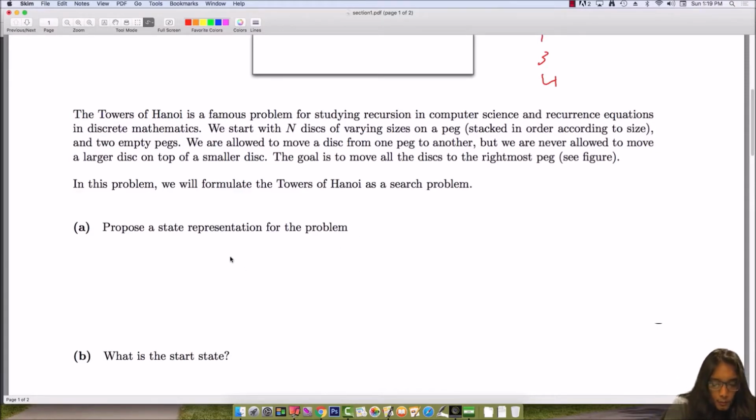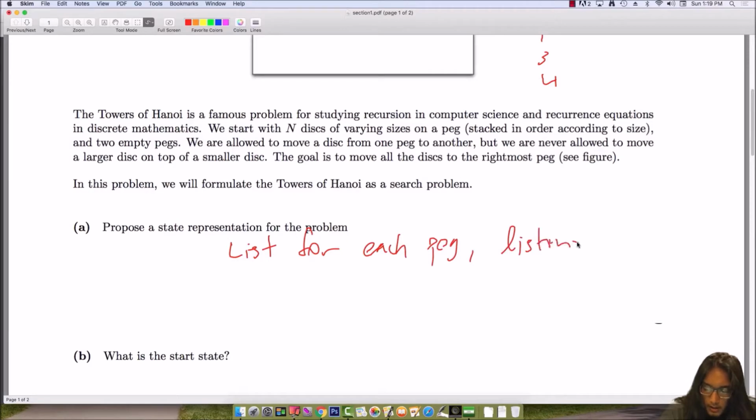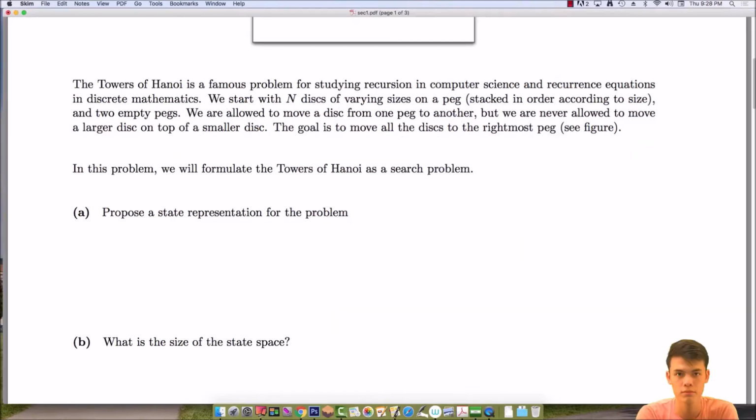So, we can just write that in words. So it's a list for each peg, listing all objects on that peg. All right, for part B, which was added more recently, hence why I'm stepping in for a sec,